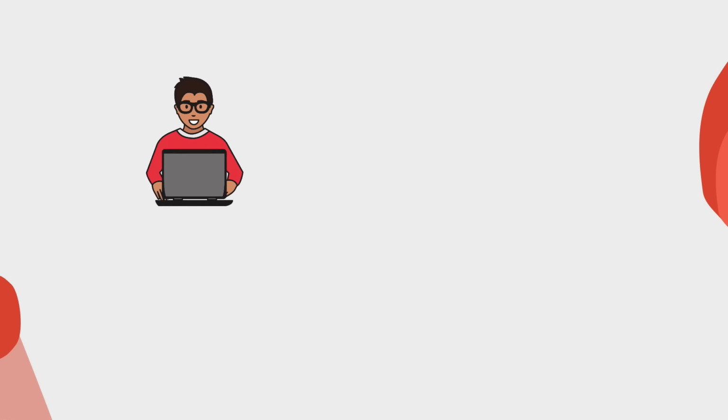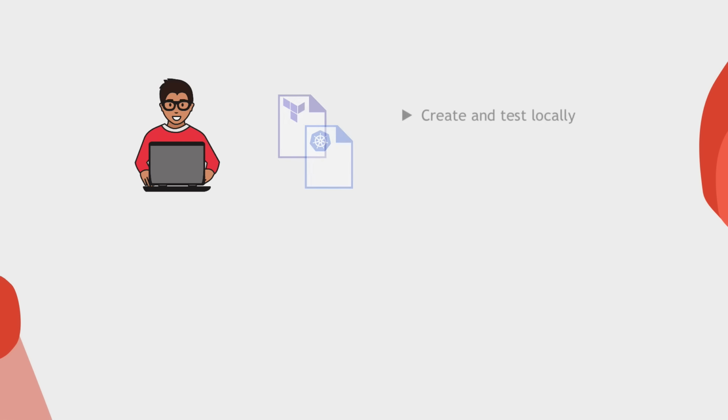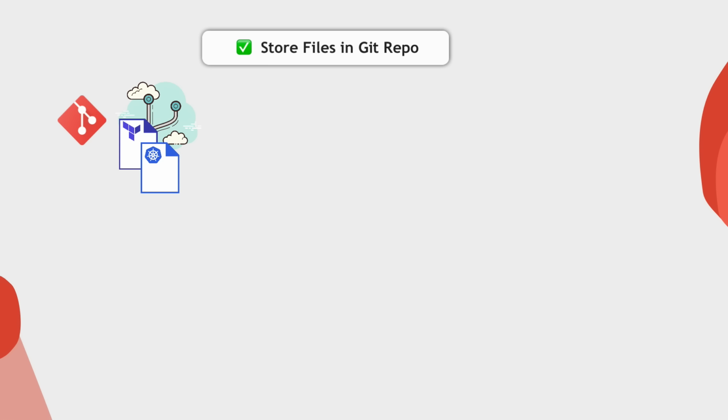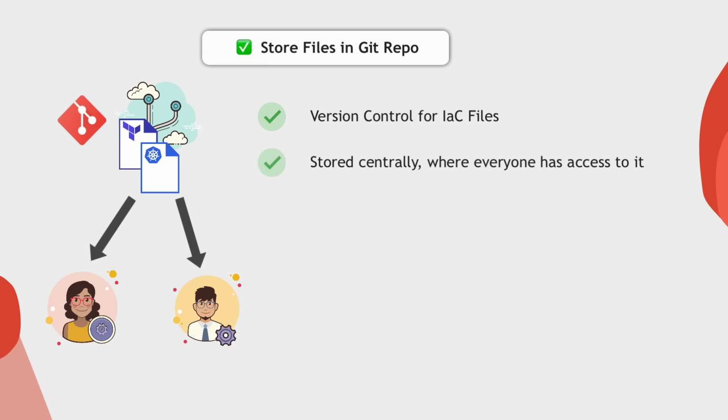Now, how do many engineering teams write and use infrastructure as code or X as code? You as a DevOps engineer will probably create all these files locally on your machine. You try to test it, and once done, execute them also from your computer. So all these files are actually stored locally on your computer. Or you may even create a Git repository for your infrastructure as code and store all these files on Git. So you have a version control for your infrastructure code, and other team members can fetch the code as well